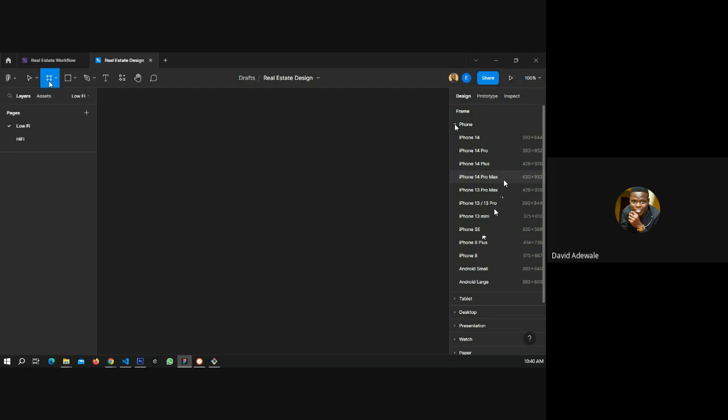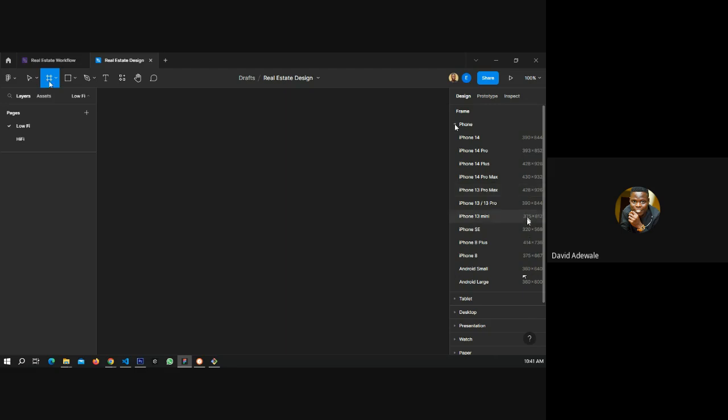But as for me, I strongly recommend you start your design with iPhone 13 mini. The reason is that it has a medium width, not too big and not too small, 375. It can also go with 360, it can also go with 320, it can also go with 400 and the likes.